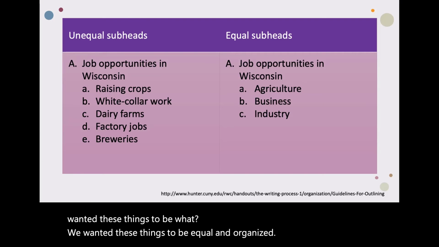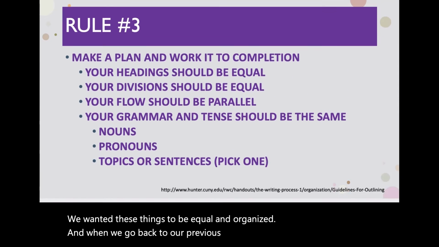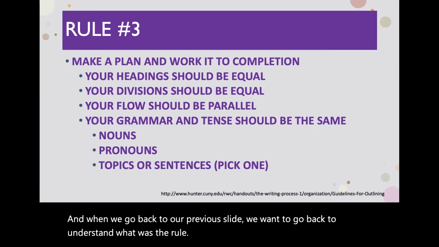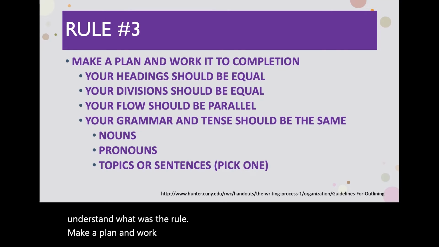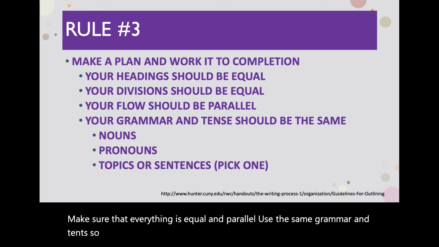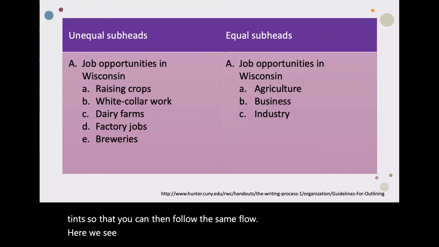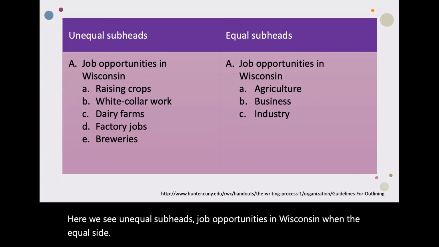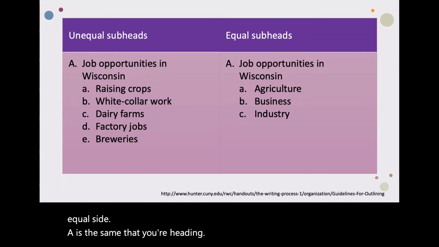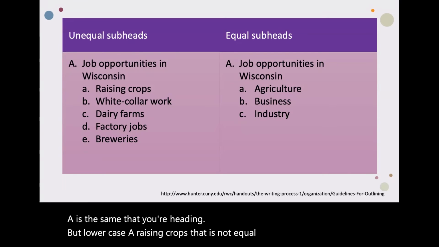And when we go back to our previous slide, we want to understand what was the rule. Make a plan and work it to completion. Make sure that everything is equal and parallel. Use the same grammar and tense so that you can then follow the same flow. Here we see unequal subheads, job opportunities in Wisconsin. On the equal side, A is the same, that's your heading. But lowercase a, raising crops, that is not equal to white collar work, nor is it equal to dairy farms,